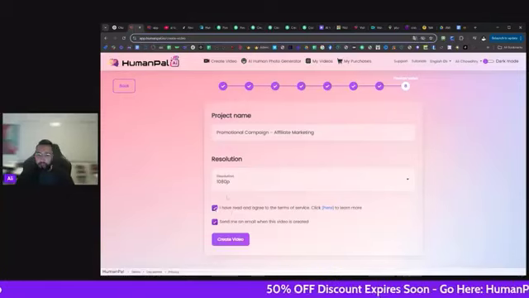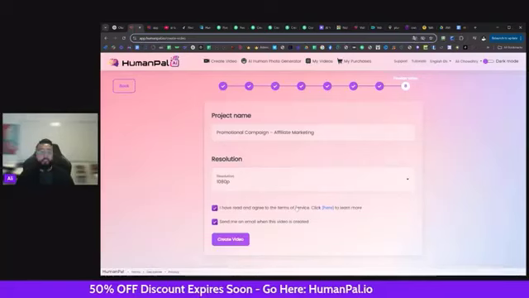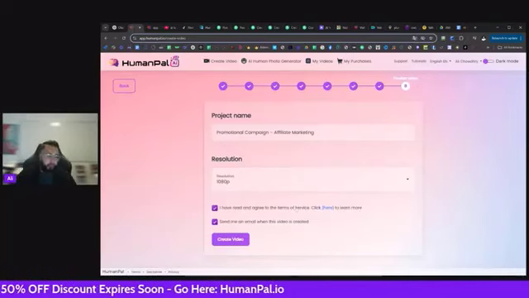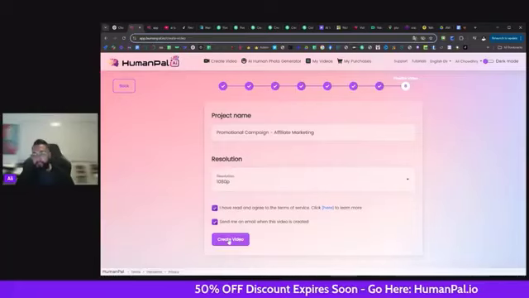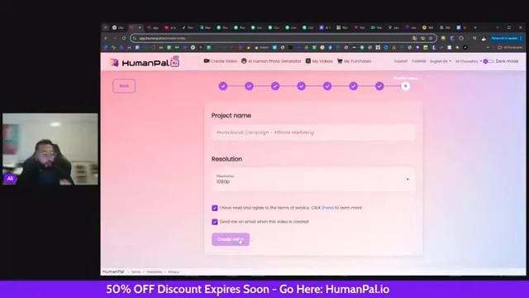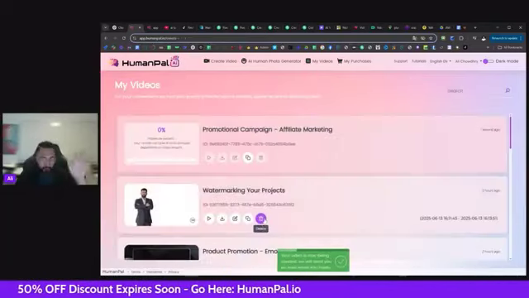So once you've done that, make sure, when you see things, you can send an email, obviously. So, terms and conditions, one thing we say, obviously, we don't want people abusing it and using it maliciously. So use your own images and things like that and have fun with it. Okay. Once we've done that, simply select create video, and then it'll go off onto the servers and it'll be